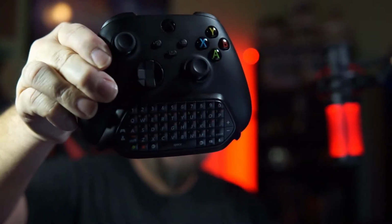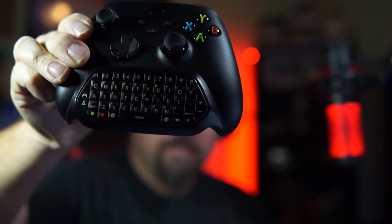First thing I did was put it on, and as you can see, it fits the new controller perfectly fine. It fits right on it, no problems. And when I clicked it on to this controller before I set the Xbox Series X up, when it came to setting up the controller, just like always, it has to update the software for the controller, and then it updated the software for my keypad right after that. So automatically it updated the software for it. It was already set up for it. So fantastic. It works perfectly fine on here, no problems. So anyways,